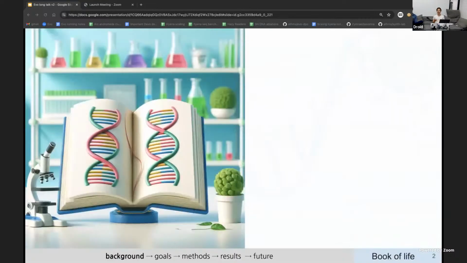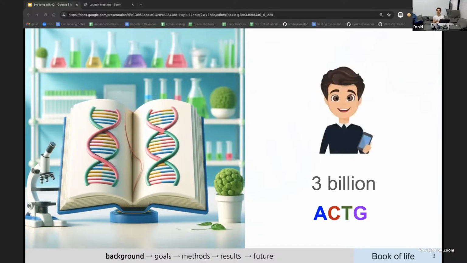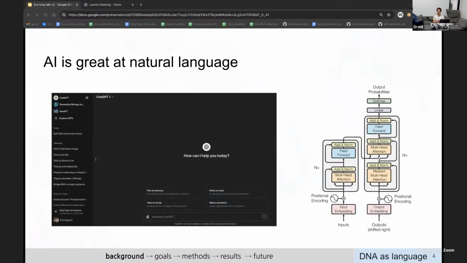And this project is all about treating DNA as a language. And so if we think of a person as a book of DNA and genetic code, this book has 23 chapters of chromosomes, and it's made up of 3 billion characters of just 4 letters, A, C, T, and G. This simple vocabulary is responsible for pretty much everything you need to sustain life and to create you as you.